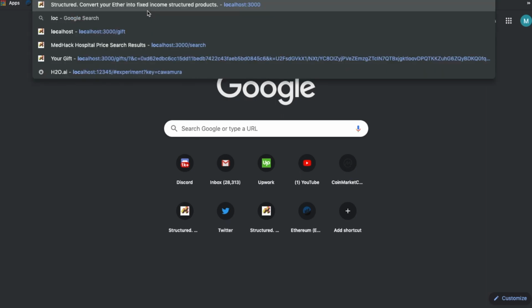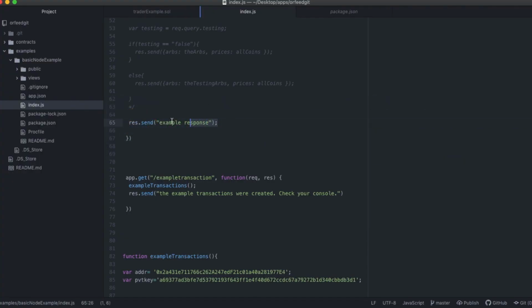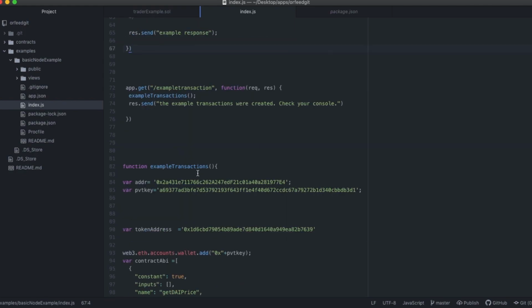So if I go to localhost 5000, example response. So that's on my local computer. I'm running a server that says example response. Okay. Now you could have a whole website inside there or a file, which is why we have a thing called public and views, where we actually put HTML or whatever if you want to serve it up. But that's not what we're doing today.